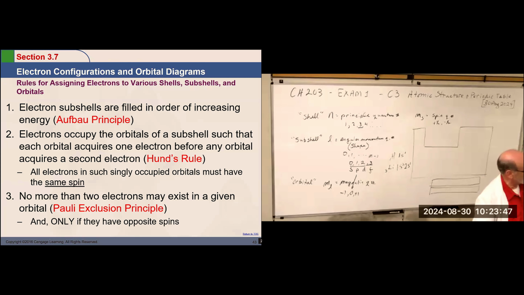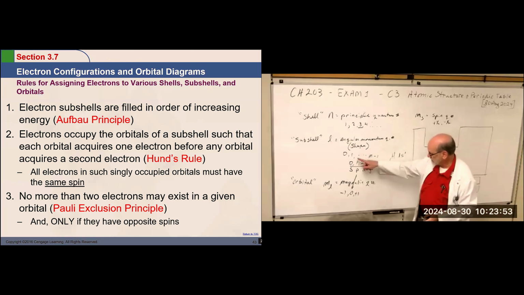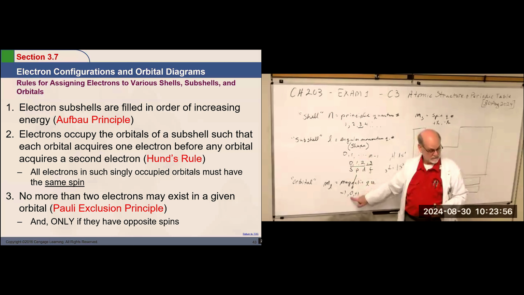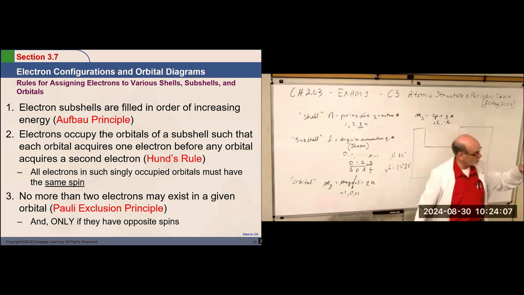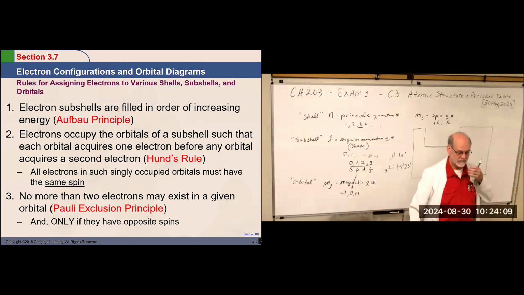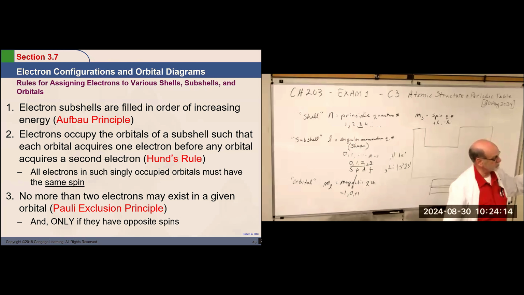The first 2 columns, you're filling s orbitals. Right? This s subshell can only have 1 orbital, and that can only have 2 electrons. So that's why you only have 2 columns there. 2 electrons and you're done. You're done with the s's. Then if you move across, you're still adding electrons. You get into the right-hand section. Now what are we into?